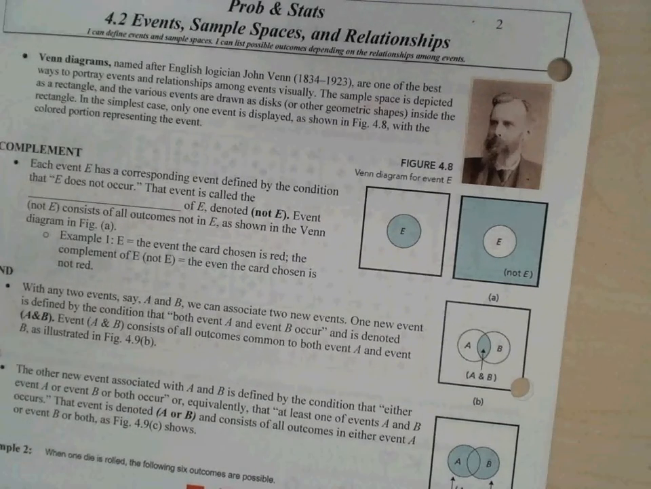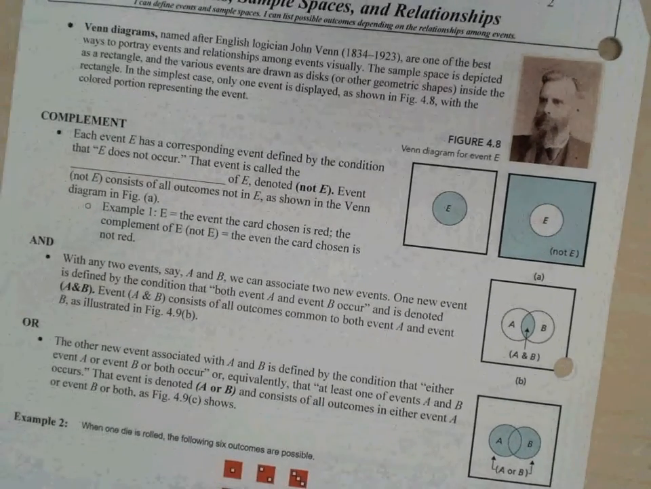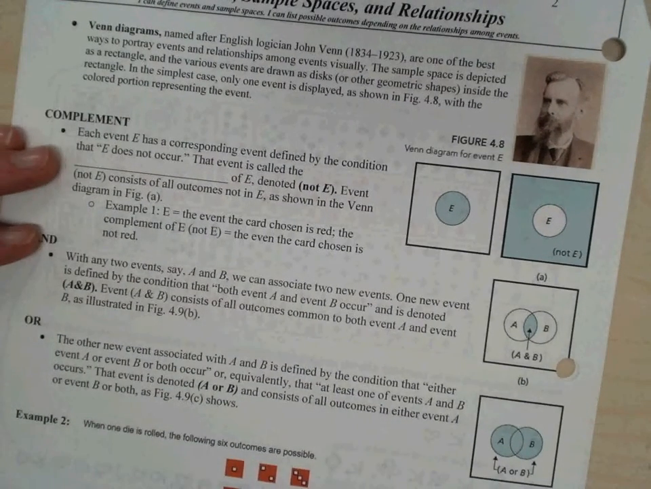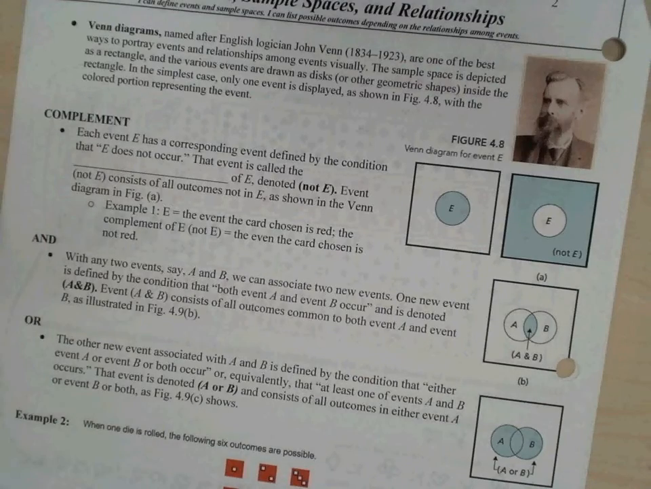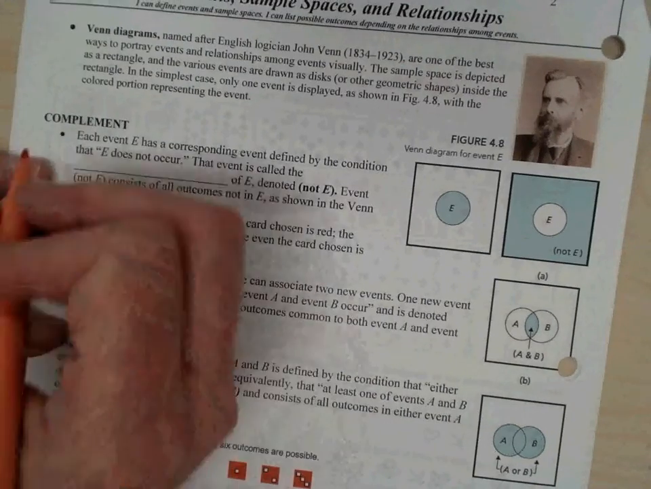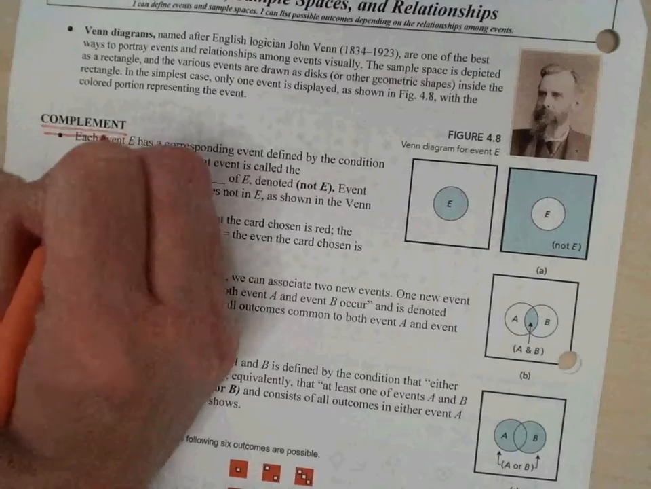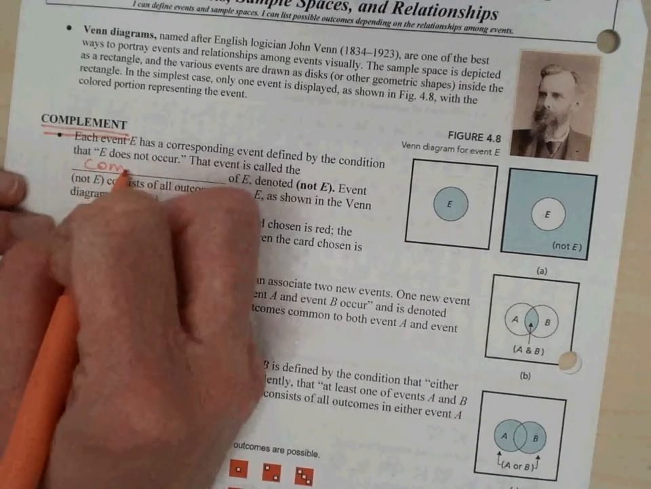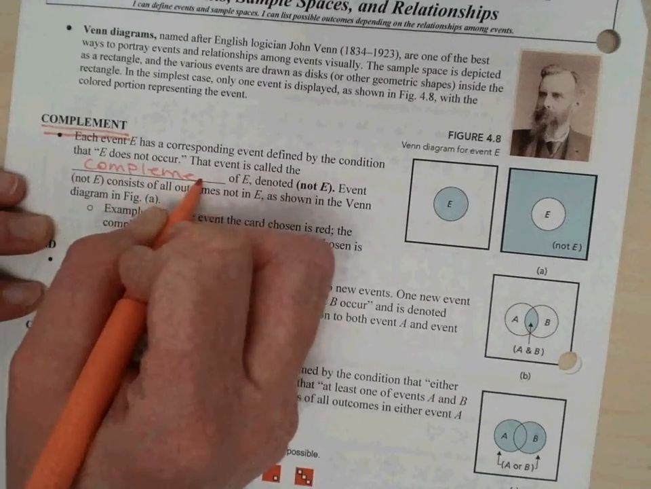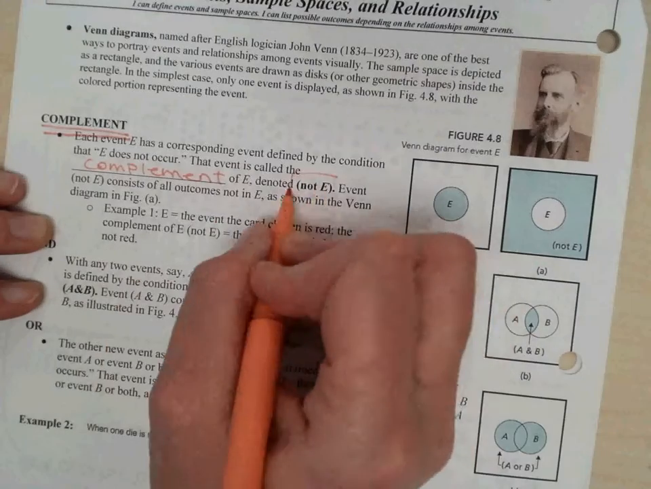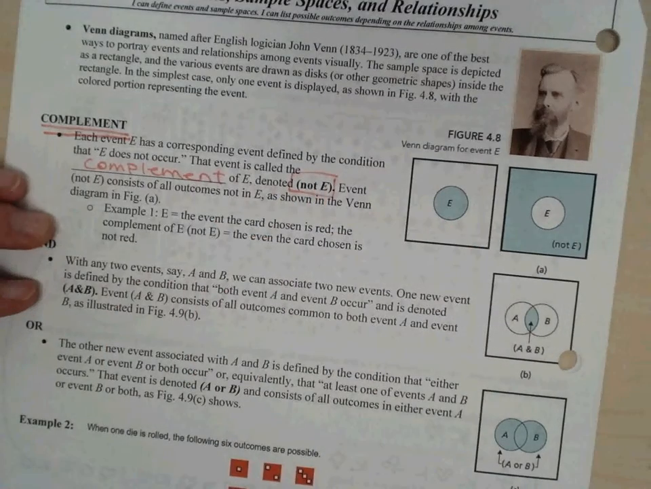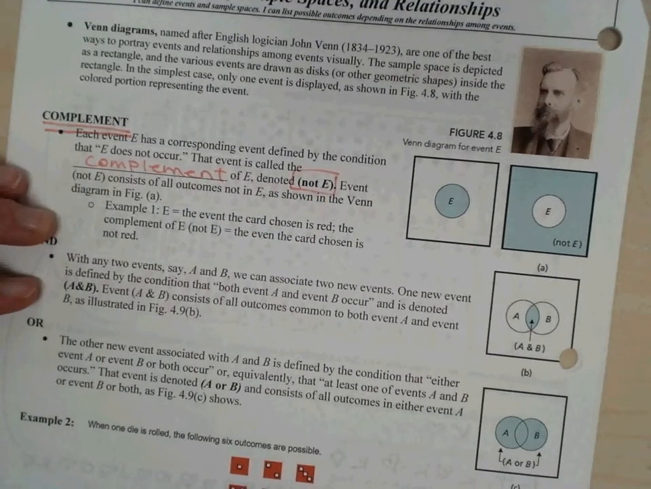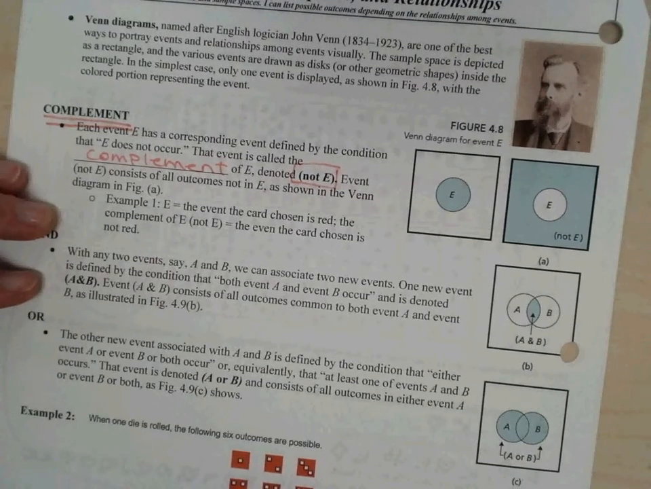The first relationship we're talking about is the complement. Each event E has a corresponding event defined by the condition that E does not occur. The event is called the complement of E, denoted not E. The event consists of all outcomes of not E, as shown in the Venn diagram in figure A. Thank you. So in the blank goes complement,